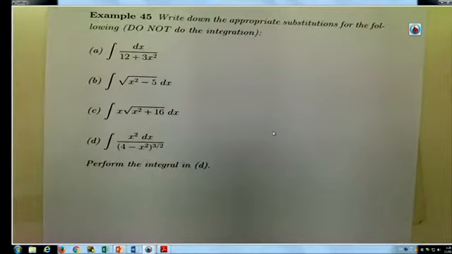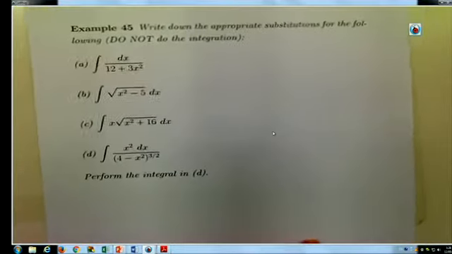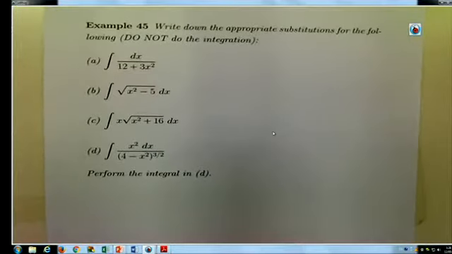Okay, let's do this one here. And then after this one, I'm going to talk about something a little bit fancier you can do with the